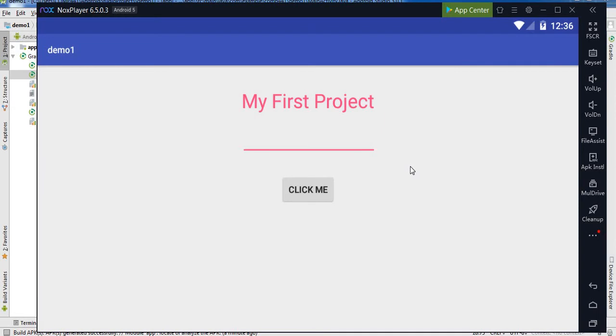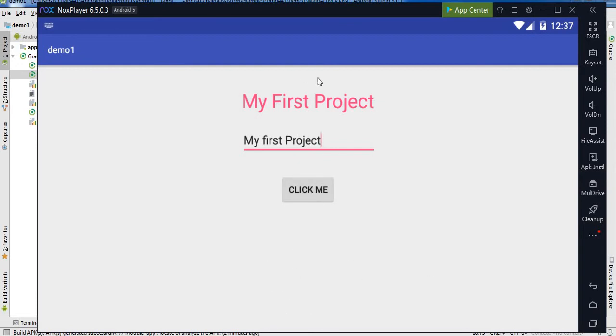So Java by default reads it as a string. If I paste my name here, Swapnil, and I click the button, then Swapnil will appear here. And if I write my first project and click over here, it will show my first project. This is a temporary toast message.